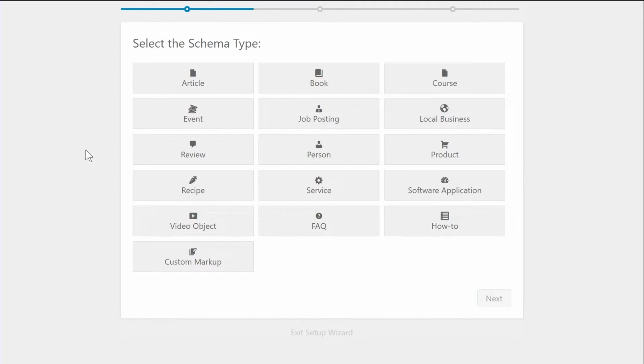But if you want to add the article type schema, let's say, to all those pages, all you have to do is use the article schema, click the next button, and in the next step, which is the targeting options, select what pages you want the schema to appear on. You don't have to add the schema to individual pages manually. Schema Pro has options to fetch the data from your post or page itself. That means you can reference the page title, the excerpt, and a lot of different fields inside the schema, and that'll make your life so much easier.